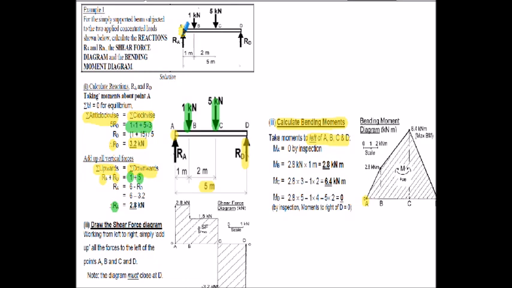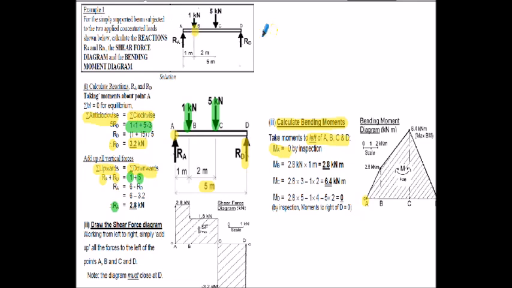There's nothing to the left of point A. So by definition, there can be no bending moment at A. So that's why MA is equal to 0 by inspection. If I now go to point B of my diagram and I look to the left of point B, what